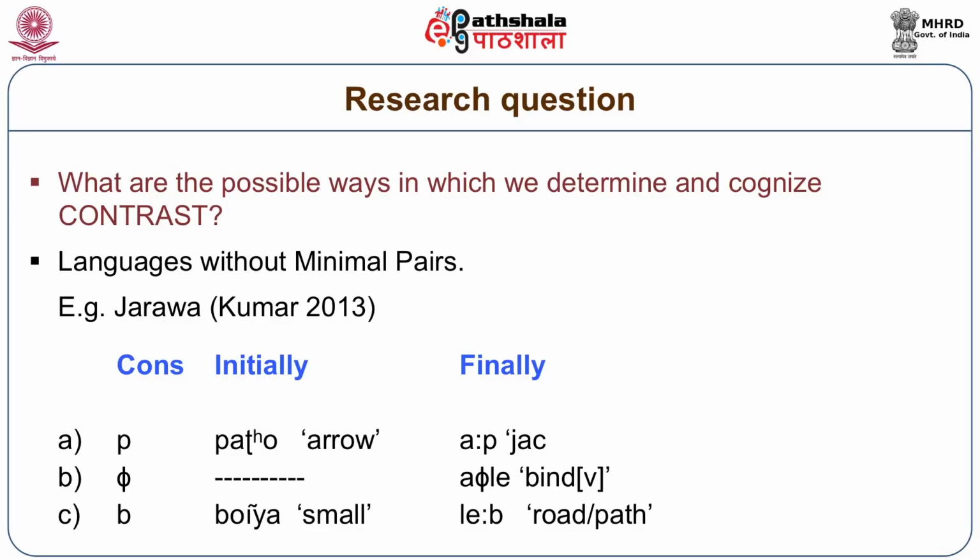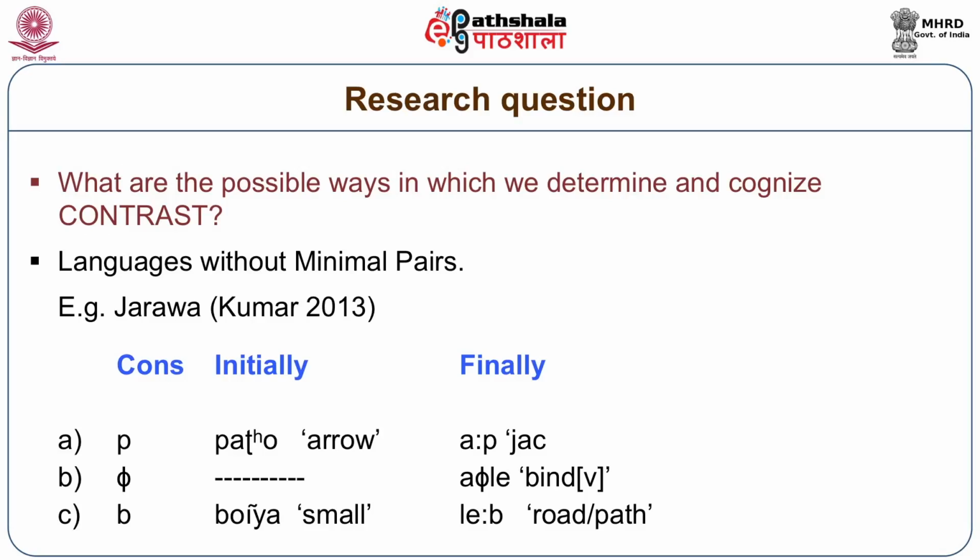We have sounds, we have examples of words where these sounds occur, but it is very difficult to find minimal pairs for them to establish, for example, that pa and ba are phonemes. We do have them. For example, word initially we find pa and ba, word finally we find pa and ba, but we have mostly a subminimal pair like ap and lab, but we don't find ap and ab, for example.